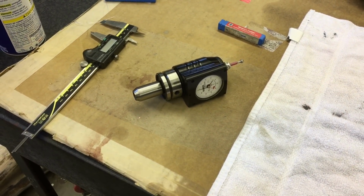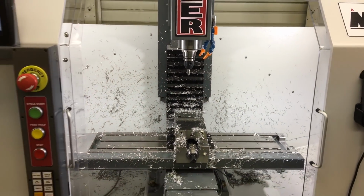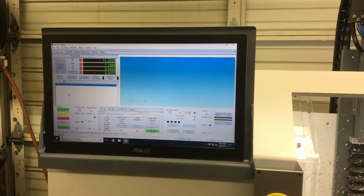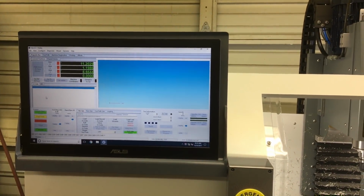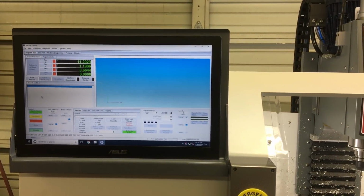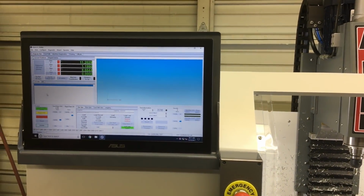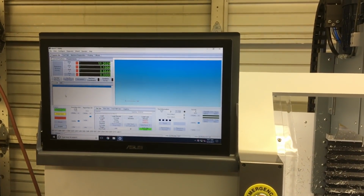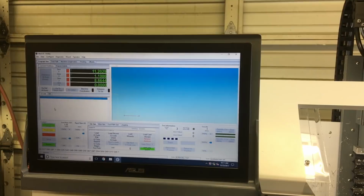So what led up to crashing the Heimer was trying to figure out the tool change for Mach 4, and I didn't think I was going to have any issues with it. After a bunch of head scratching and not much help on Google, I figured out that my programs were just blowing by the M6 because I didn't have a damn M6 macro in my macro folder, and I would have never thought that would have been a problem because I copied